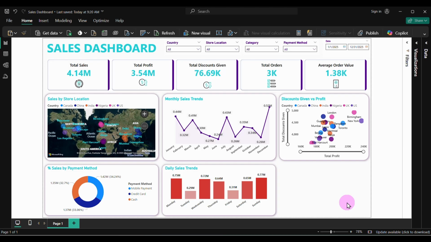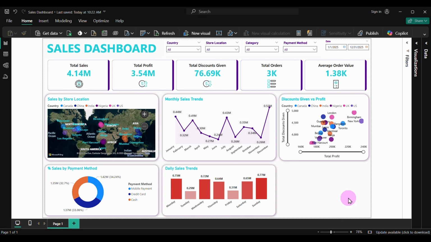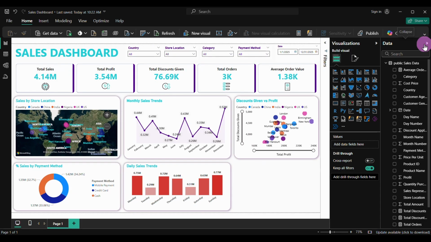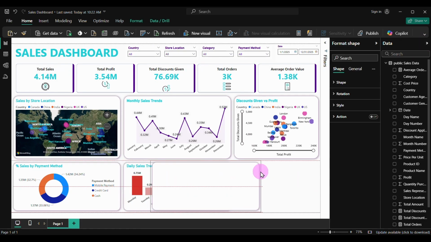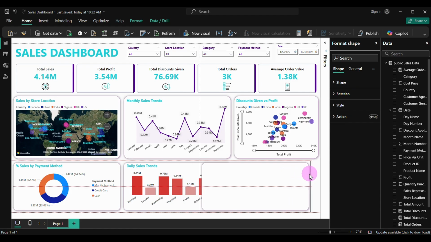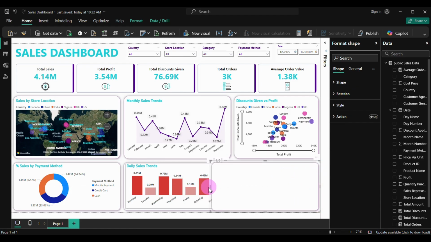The scatter plot shows that cities in the US and UK tend to have higher profits with moderate discounts, while some cities in Nigeria and China receive higher discount but lower profit. So there is not a clear relationship between discount and profit, meaning that higher discounts don't always lead to higher sales. Some locations like New York and Birmingham perform well with moderate discounts, suggesting better pricing strategies, in my opinion. So let's move on to the next chart,